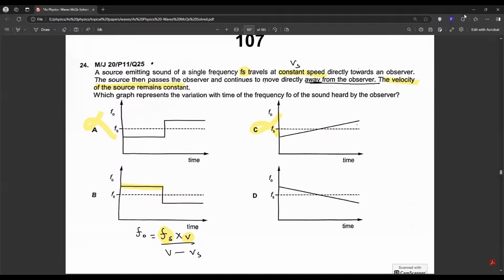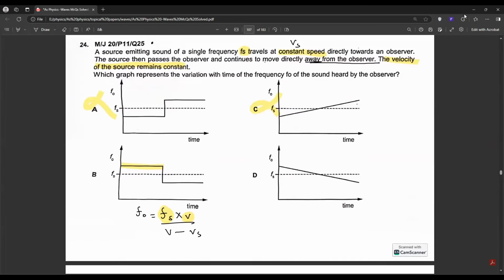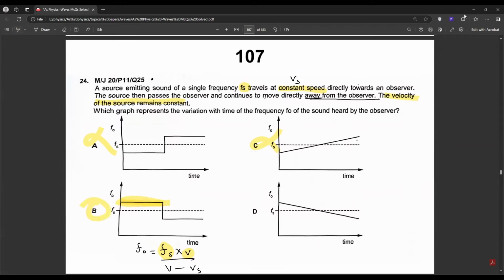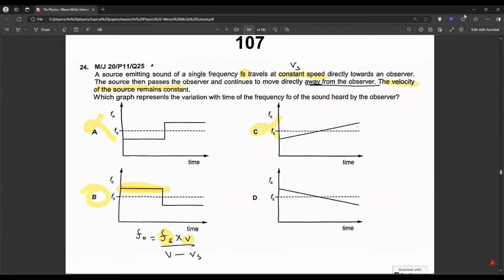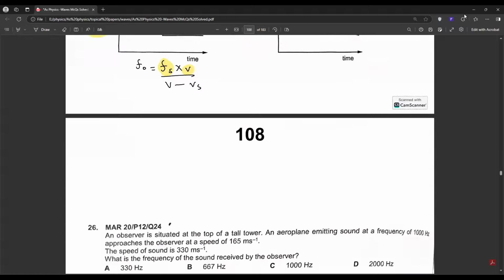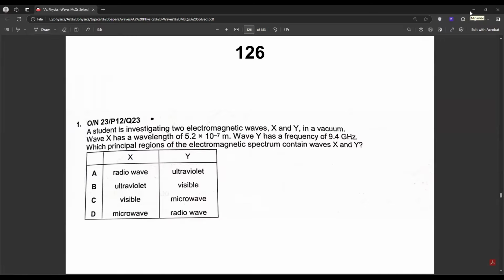And the source is also moving at a constant speed. That means throughout this entire region, your frequency observed will remain constant. B is your answer. 107, if I check in the marking scheme, B is the answer there as well. Let's further move ahead. Okay, so a student is investigating